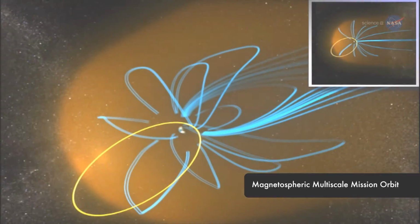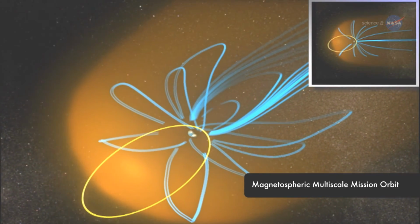This system will be even more important during the second phase of the MMS mission, when the orbit will double in size and travel all the way out to 90